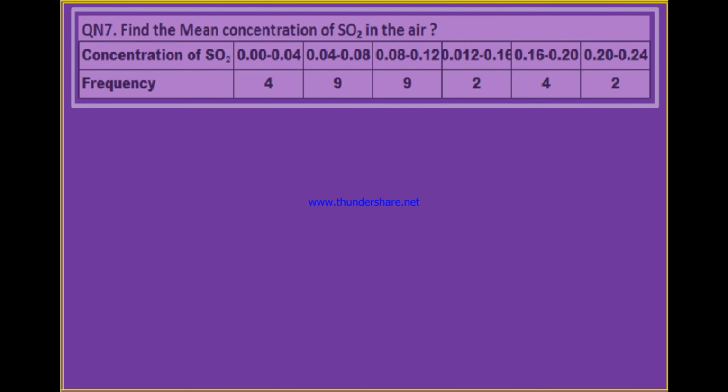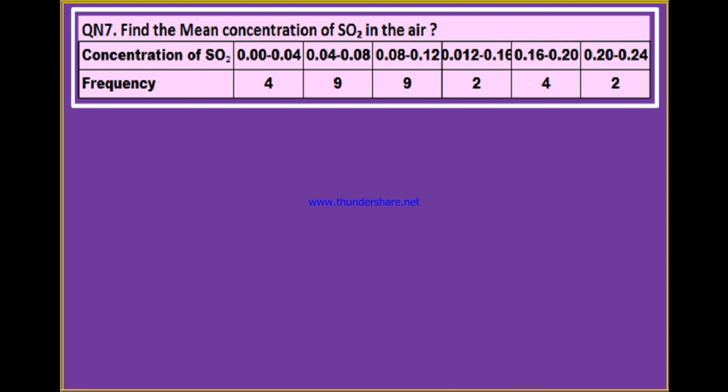Yes, dear children, this is question number 7. Find the mean concentration of SO2 in the air. I shall repeat. Find the mean concentration of SO2 in the air. SO2 stands for sulfur dioxide. Good. Now here you see concentration of SO2 and the frequency values are given in the form